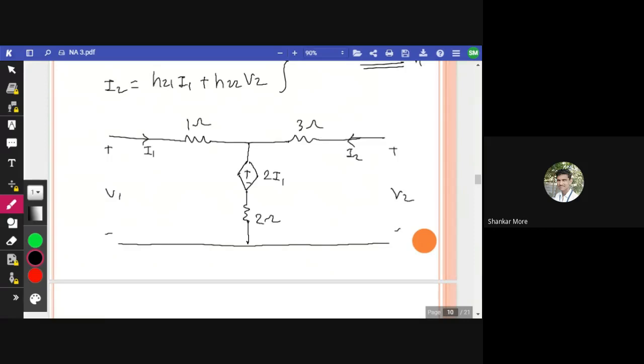So shall I continue from Z parameters or shall I repeat Z parameters? How to calculate Z parameters? Or should I explain from after Z parameters onward? Do I need to explain how to calculate Z parameters again? I hope not. Okay. So as you have found out,